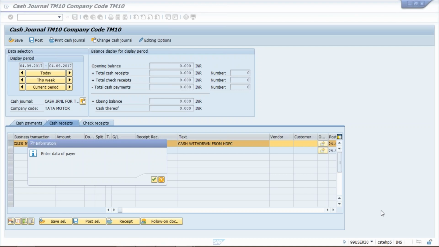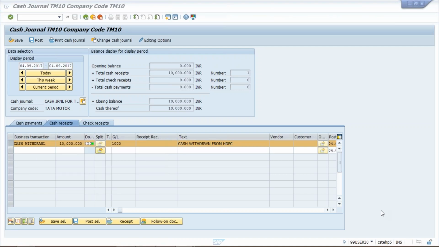Still taking time because lots of tables are being checked by the system. Lots of settings the system is checking, and it is going to validate each and everything. Now see here, the transaction got posted, and the entry, whatever earlier was showing red color, now it got changed and it is converted into green color.